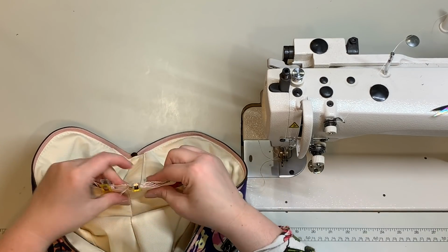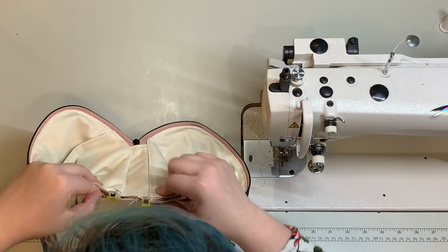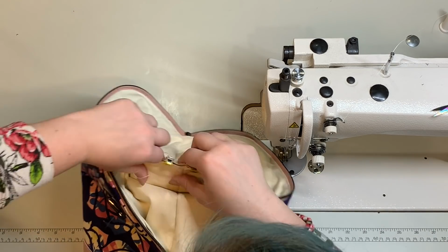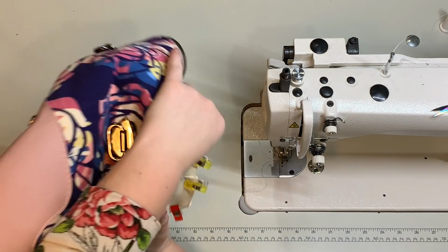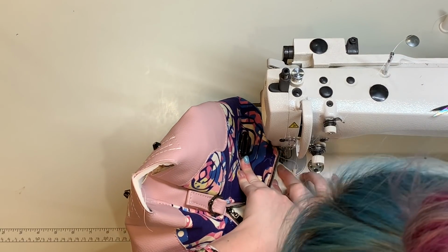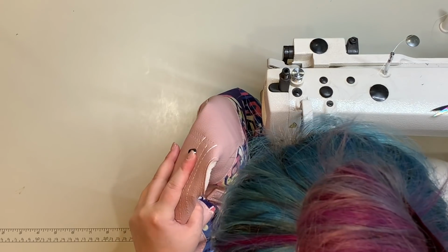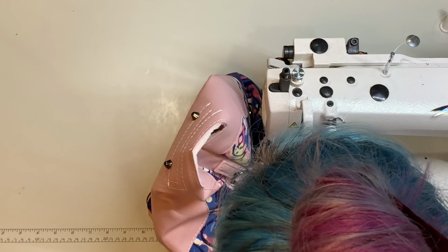And I'm gonna use quite a large seam allowance for this part because I wanna make sure I catch it all. So I'm not sure if you can see how this is kind of bunching up together. So I wanna make sure it's as flat as possible before I start to sew it. So there we go. And I'm going to set my stitch length to a 4, back stitch, go forward,